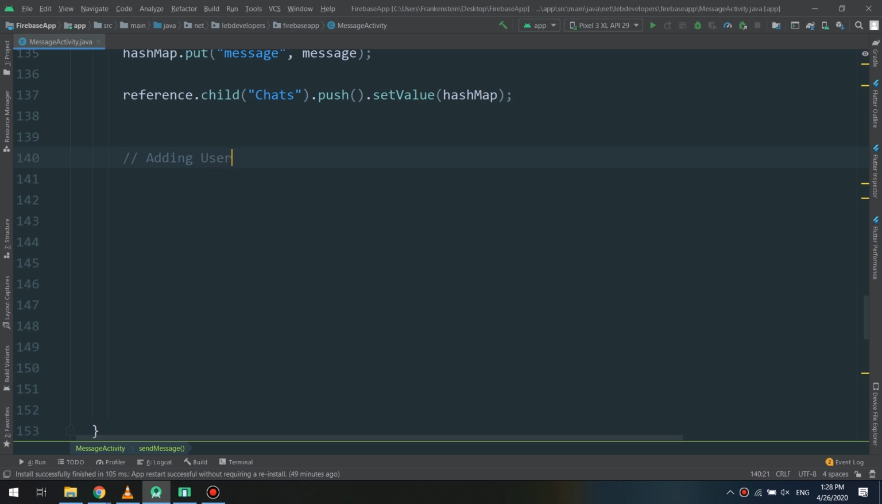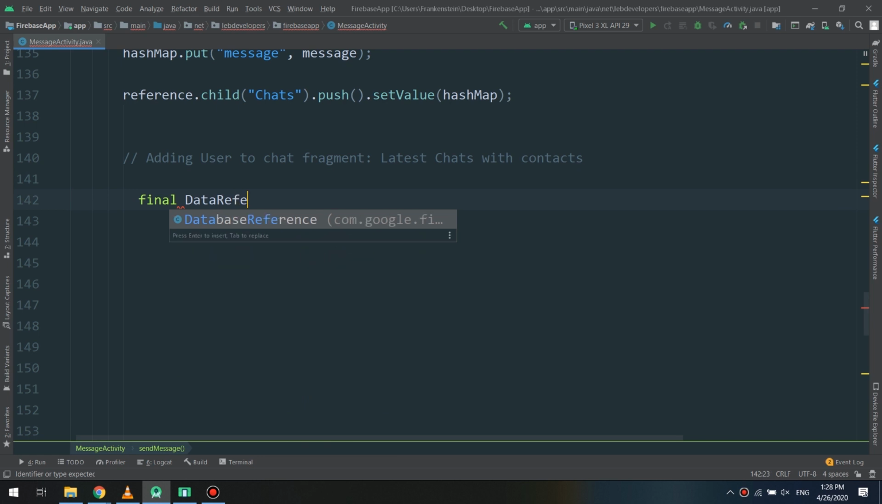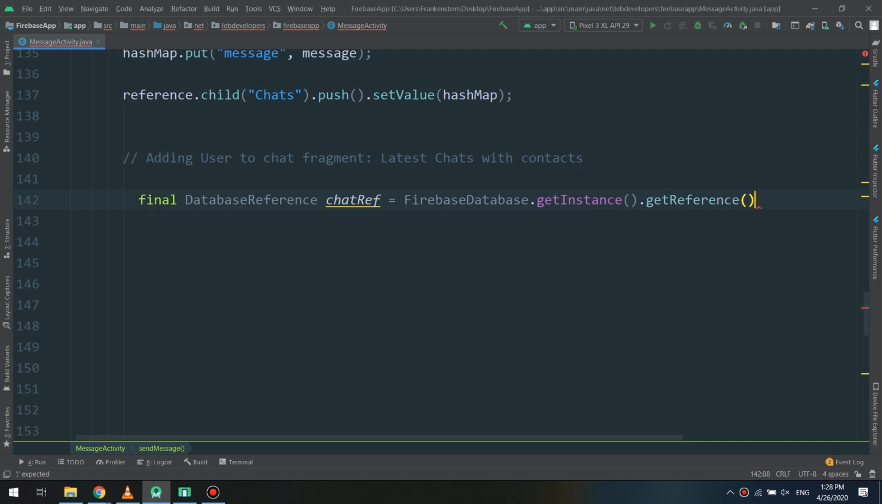So open your MessageActivity class, and inside this class, onCreate method, adding the user on chat. Sorry, not onCreate, in the sendMessage method. So I will declare some variables like final DatabaseReference called chatReference, and I'm getting the chat FirebaseDatabase.getInstance().getReference, and I will create a new reference called